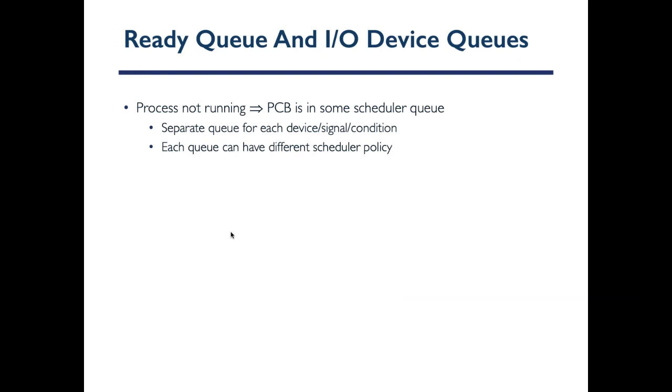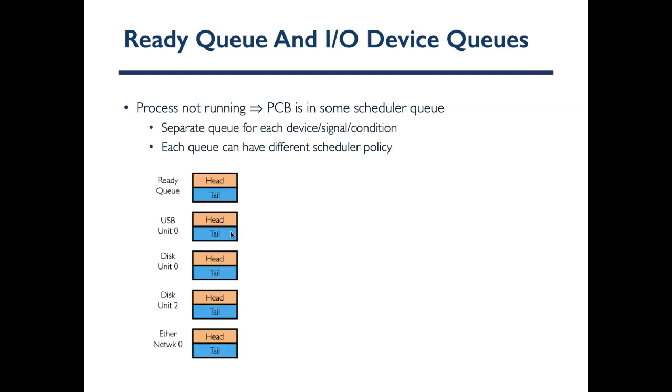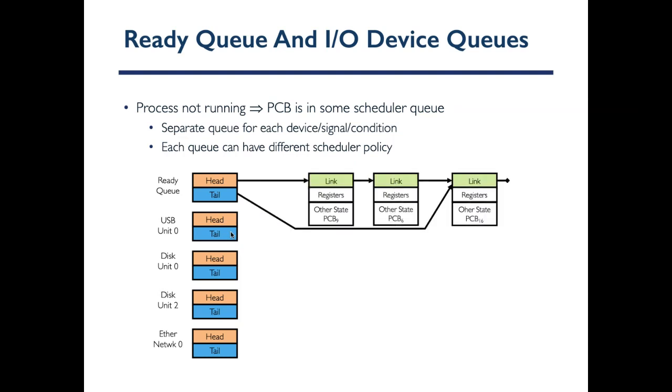Yeah, so this is basically what I just said. This is one example. So let's say the CPU has its own ready queue, the USB has its queue, disk unit 0 has its queue, unit 2 has its own queue. Sorry, these are waiting queues. And then Ethernet has its own waiting queue. And this could be the case. So in this case, PCB 9, PCB 6, and PCB 16 are the PCBs that are ready to be executed. So we have the head and tail of the ready queue pointing to these